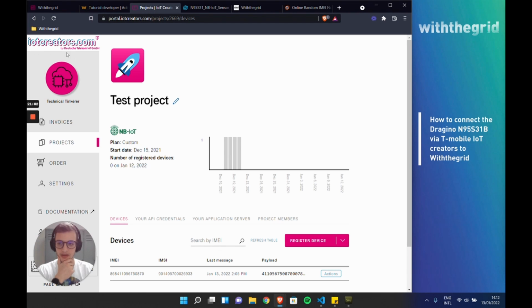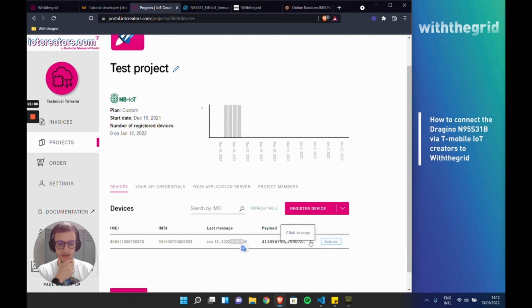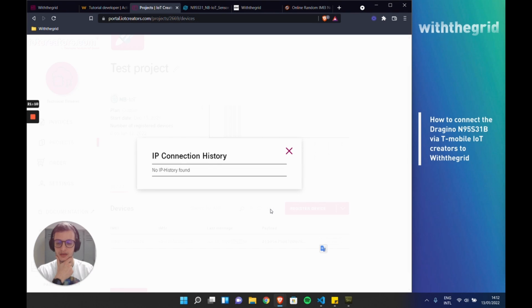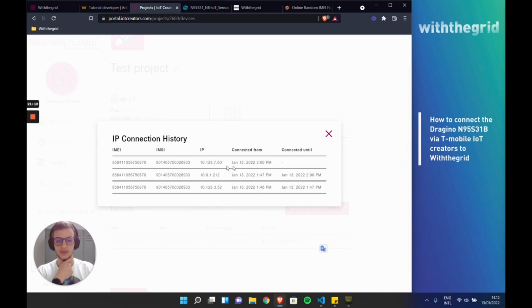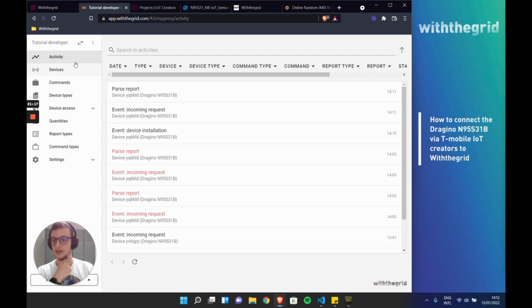We can see that the message was sent. We can also see it in IoT Creators. When we go to IP connection history, we can see that the message was sent recently. And if we go to activities, we can also see an event which indicates that the device was installed in a connectivity environment. And we can again see the incoming payload,